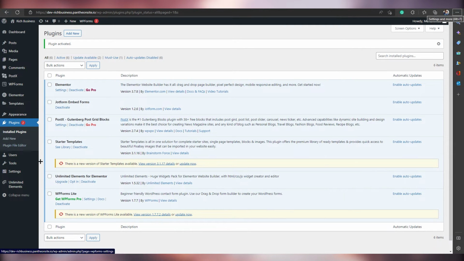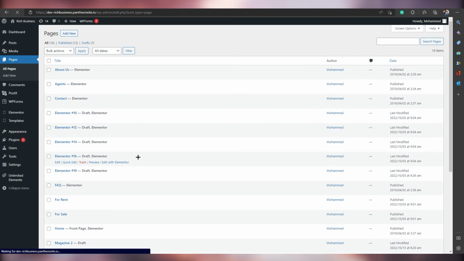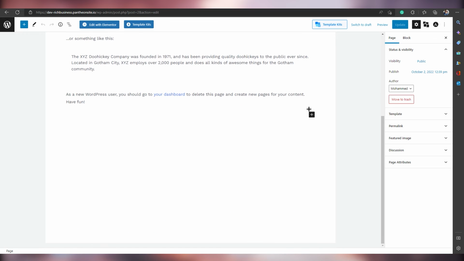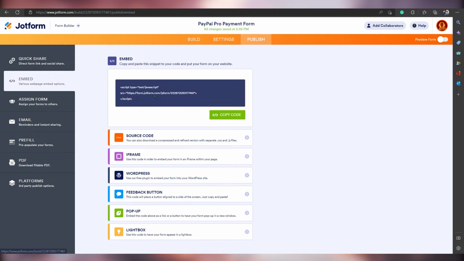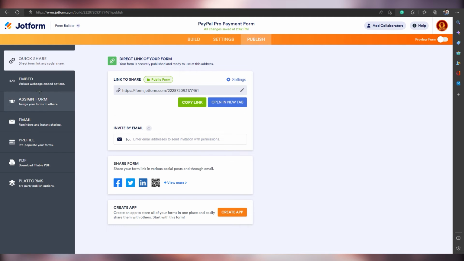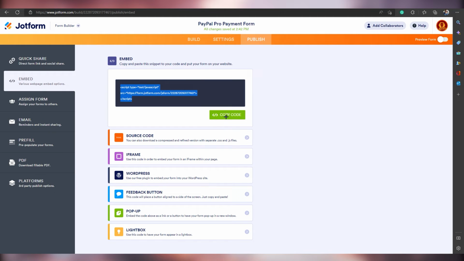After that, our last step would be go to your pages, all pages, your website pages, right? And for this tutorial, I'm just going with this normal one, or we can just go ahead and click on sample page. Just click on edit, and here we are. This is the sample page, and right over here, just suppose I want to add that PayPal Pro payment form, and obviously after adding every single thing over here, you would copy this code from over